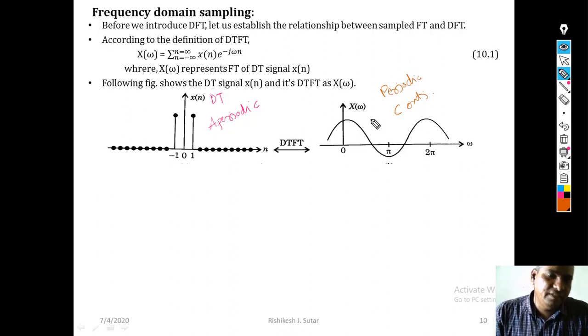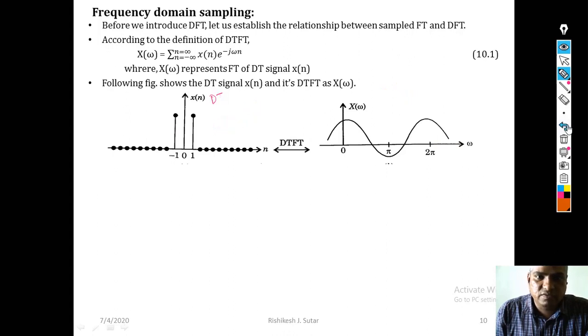If you have the time domain signal in the discrete time form, its frequency domain would be periodic, and if you have the time domain signal aperiodic in nature, its frequency domain version would be continuous in nature. Okay, so this is the relation between the time domain and the frequency domain. So let me remove these annotations. Once I understood this x of n and X of omega and its nature,